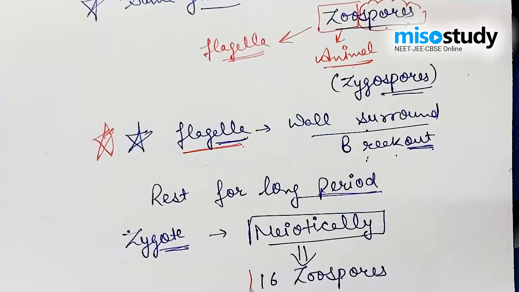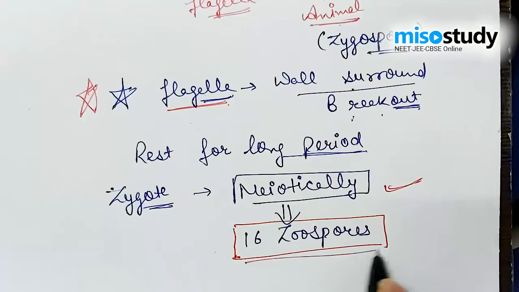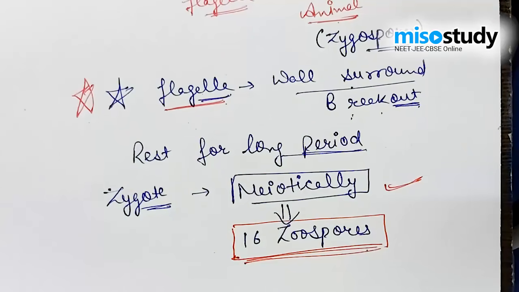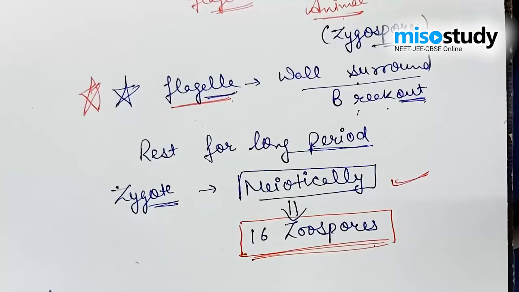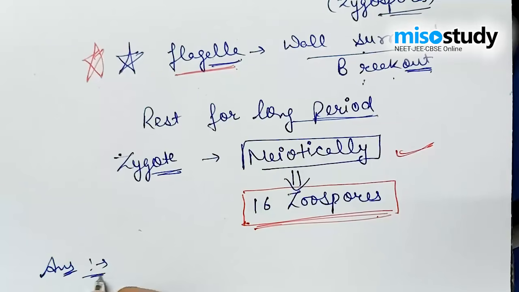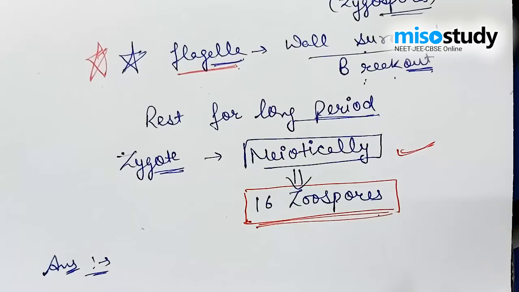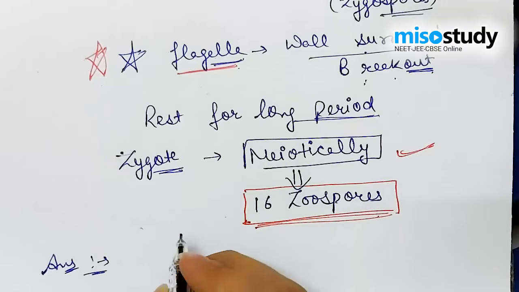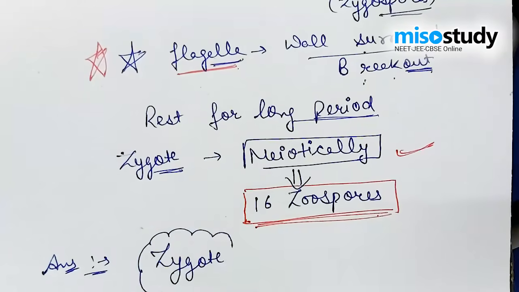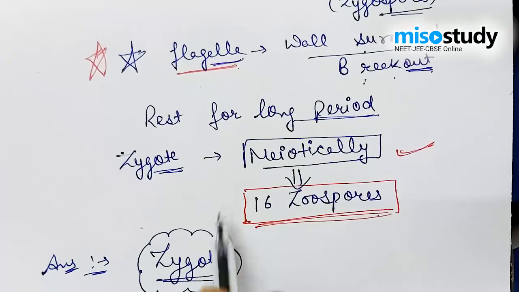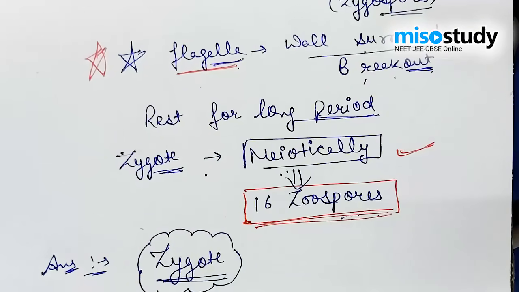From one zygote, by the process of meiosis, or meiotic divisions, there is a production of 16 zoospores. And these 16 zoospores will give rise to the new Ulothrix plants after attaining a suitable substratum. So the right answer for the question, from which stage meiosis generally occurs, is zygote, because in the zygote, after meiosis occurs, it generally produces 16 zoospores, and